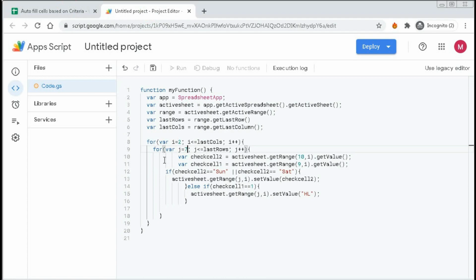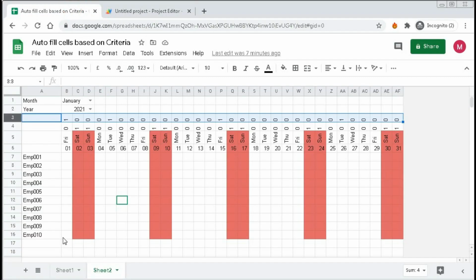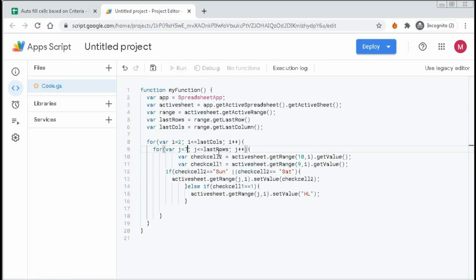That means it will check up to the last row, that is row 16, and j plus plus. That means when it checks 7, after that it will check plus 1, that means 8. That's why it is given j plus plus.